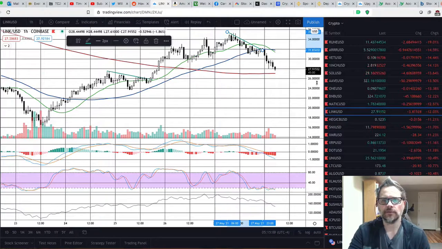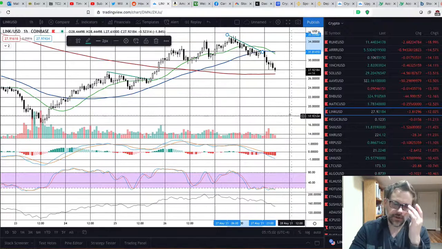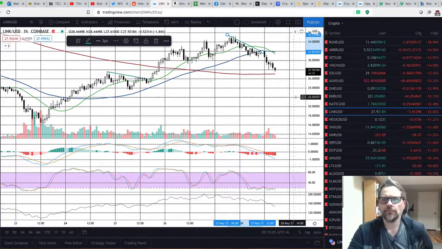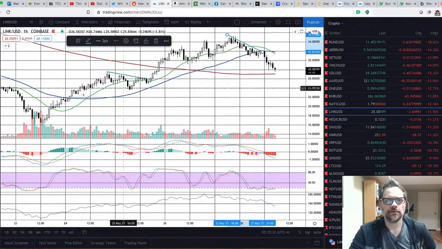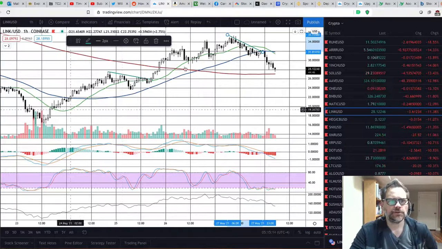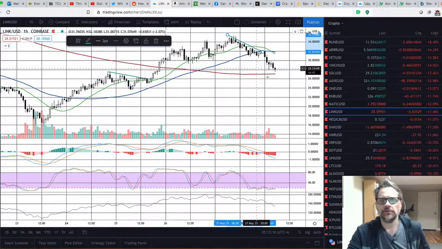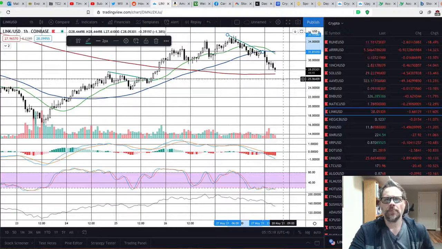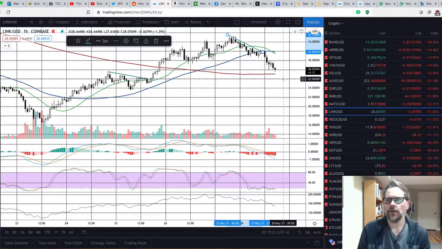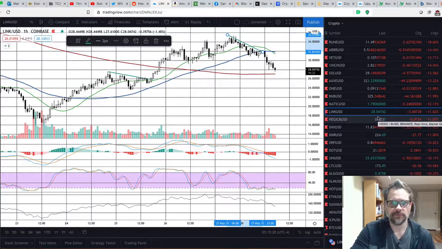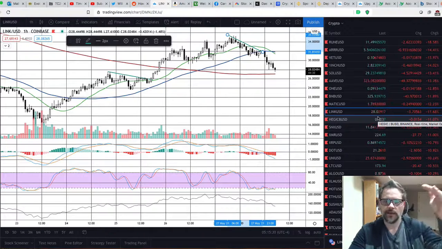This might not last too long, but because the Bitcoin and the Ethereum were below their 50 and 200, I zoomed in and noticed that we're starting to break down locally. So from a trading perspective, I just sensed that and wanted to see what was going on at a shorter duration. That could be a short-lived thing. If you go to a shorter duration, that might only be a short-lived issue. But like I said, with those other ones being stuck at the 50 and the 200, I thought they could go down from there. They've hit that 50 and 200, and now they're going to create